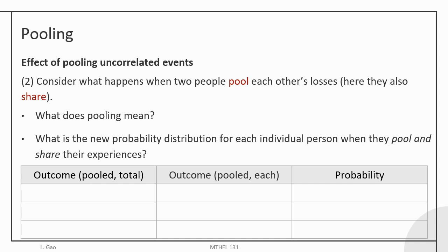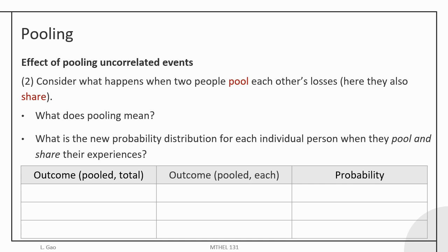Whereas sharing means that we are also deciding to pay for each other's losses, also equally sharing in paying out the losses. So sharing always involves pooling, but not vice versa. You may pool observations together just to better predict, but sharing means that, in addition to pooling losses together, you are also deciding to share in the payment of each other's losses. So we don't necessarily always have sharing, but in this case, we're pooling and sharing losses.